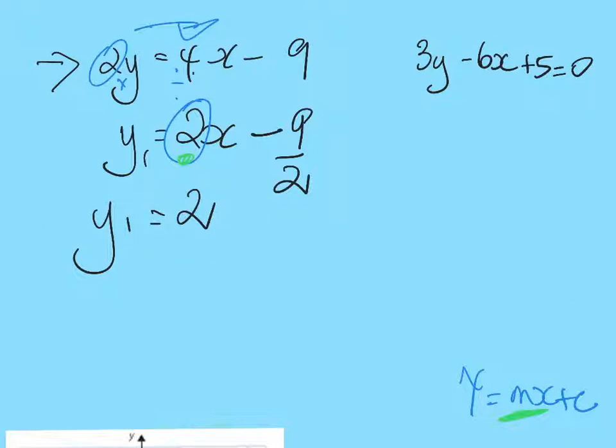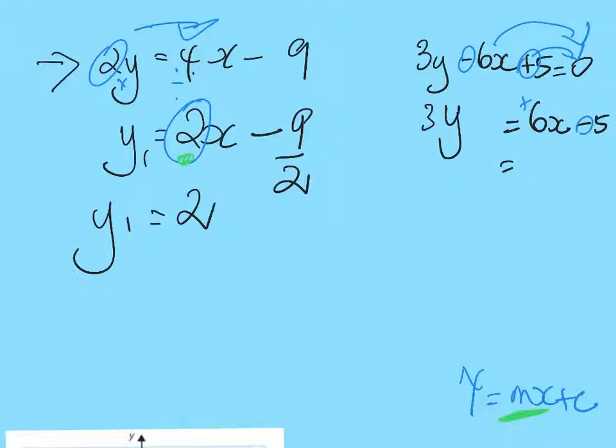Now let's move over to this side. Let's have a look. So again, we have -6, so we want to make it a +6. Take 5, because we want to take this over here, this over here. We're going to do the opposite. So the opposite of minus is a plus. Opposite of a plus is a minus. Okay. And that is equal to